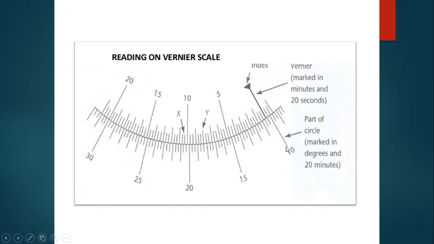This is important because you cannot see this large a picture through the telescope vernier, either vernier A, B, or C and D. So that is why I'm explaining on a separate page. Let us say when you are viewing through a magnifying lens or directly through one of its verniers, let us say vernier A, what are the things you need to observe? The bottom one is, as I said, the main scale, and the top one is the vernier.